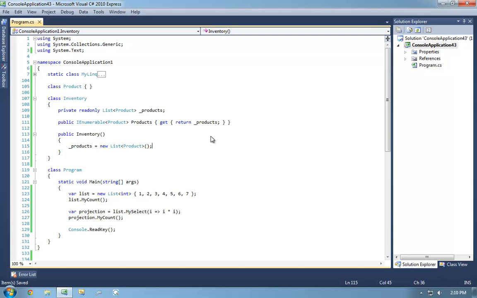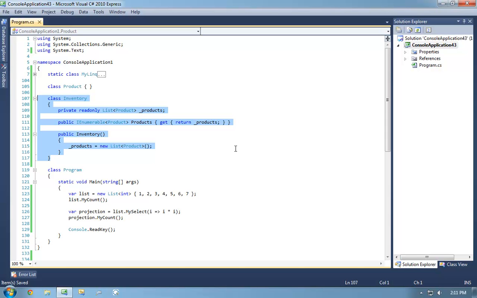Now that we have a little bit more context with LINQ, and there's a lot more to LINQ, we are going to be talking about a lot more of the operators today that are very important to keep in mind. But for now, I hope people start to realize that this really isn't that limiting.